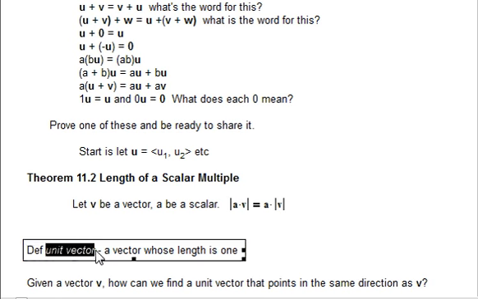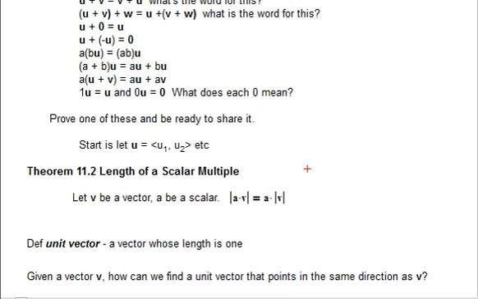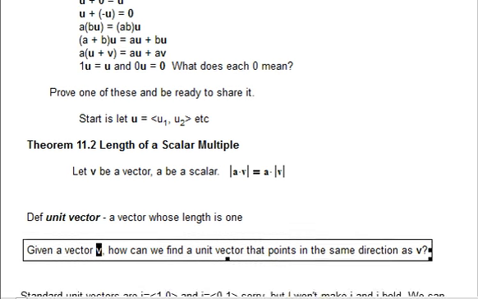So what is a unit vector? You could probably guess this one. A unit vector is a vector whose length is 1. So given a vector v, how can we find a unit vector that points in the same direction as v? And that's going to be something that's useful. So given a vector v, call it v1, v2, how can we find a unit vector that points in that same direction? And the answer is, well, we get our vector v, we find out how long it is,